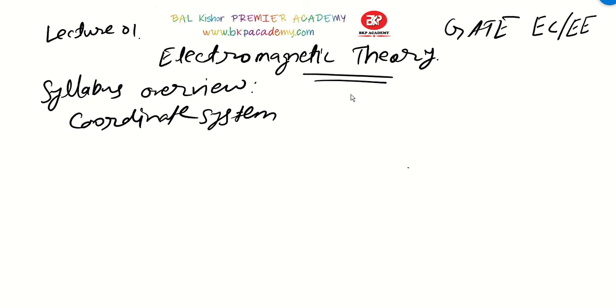So, we will be seeing electromagnetic theory for GATE, and this is applicable for two branches, EC as well as EE. These are the GATE codes EC and EE. EE students will have a smaller portion compared to EC students. So, I will give indications like this portion is not included in their syllabus.